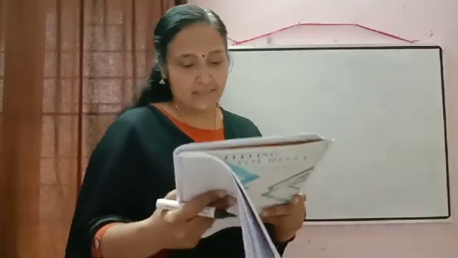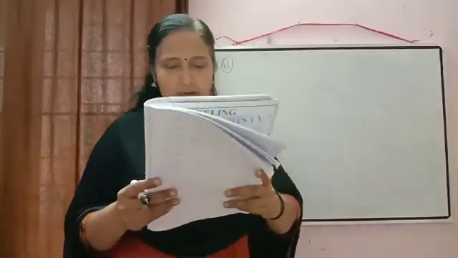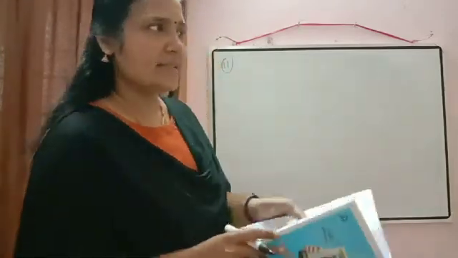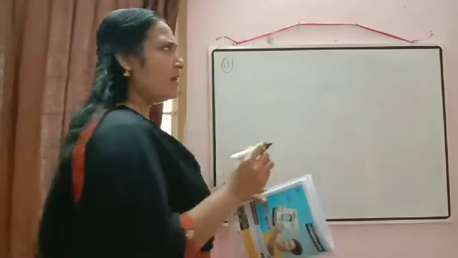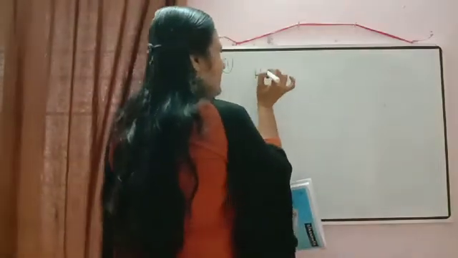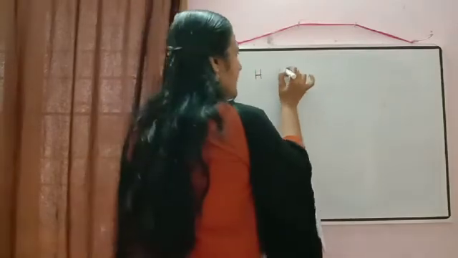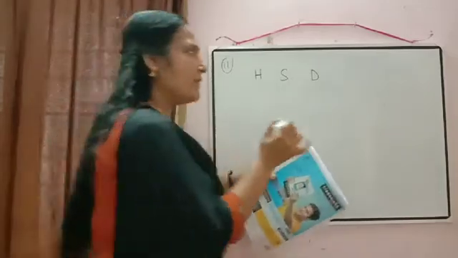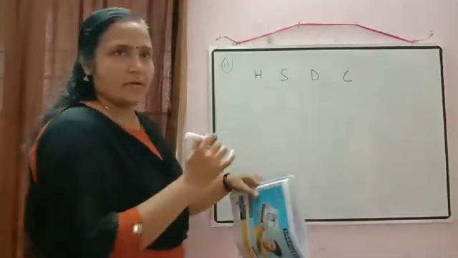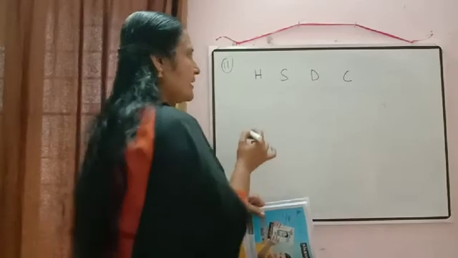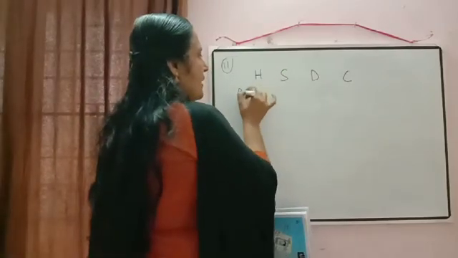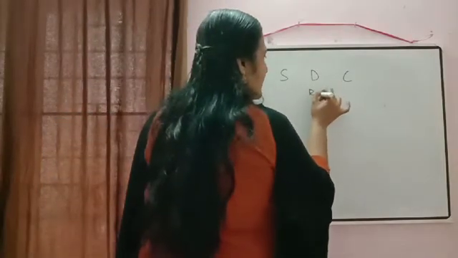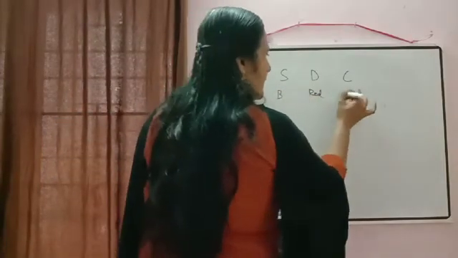Then the next question is related to cards. Card questions you already did in probability in 10th class also, so we can just revise here. How many suits are there? First is heart, then we have spade, then we have diamond, and then what? One more, we have club there. So 4 suits are there. The color of heart is red, and which other one is red? Diamond is red. The remaining 2 are black.